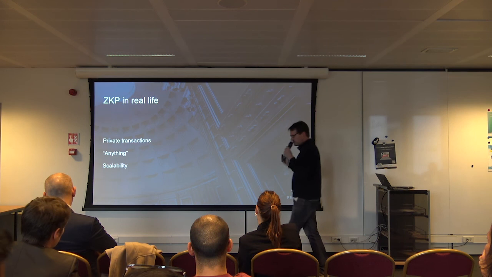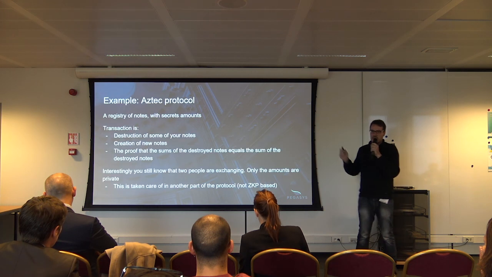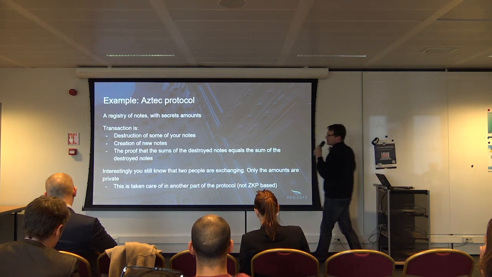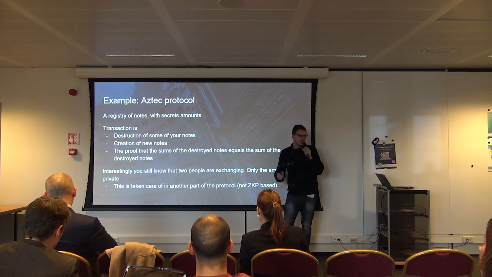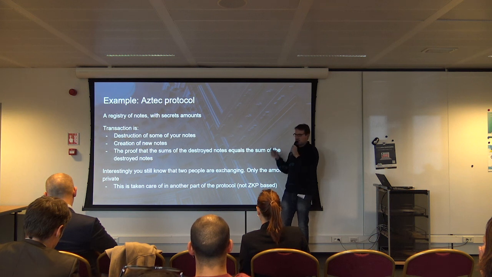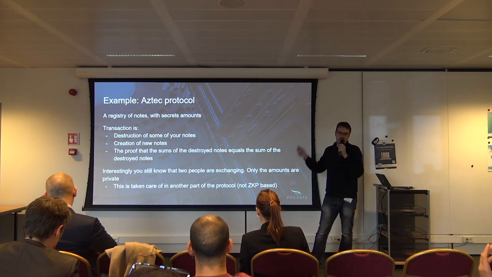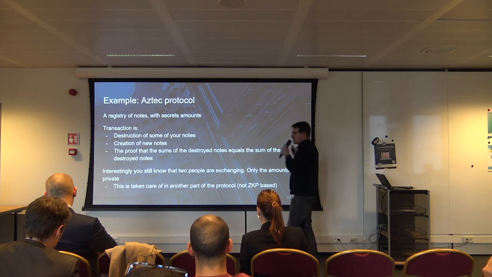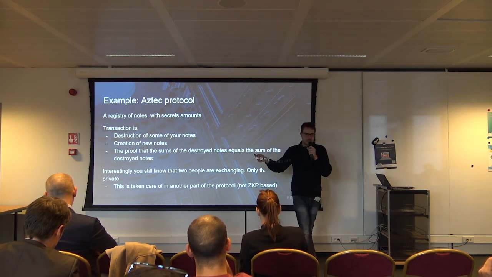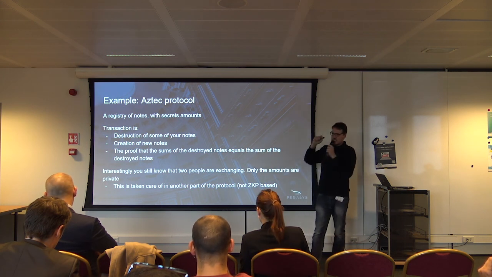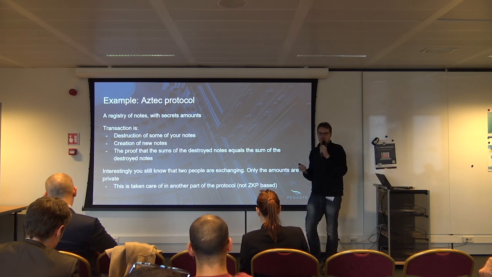In real life, something that has been used, for example, in Zcash, but also in a new protocol on top of Ethereum, is to do private things. The idea is that the private part is a secret, the public part is known, and the circuit is known, but the private part will remain a secret. So what you can do, and there are a lot of variations around this kind of scheme, is to have notes where the amount is a secret, and you exchange notes without revealing the amount of a note.